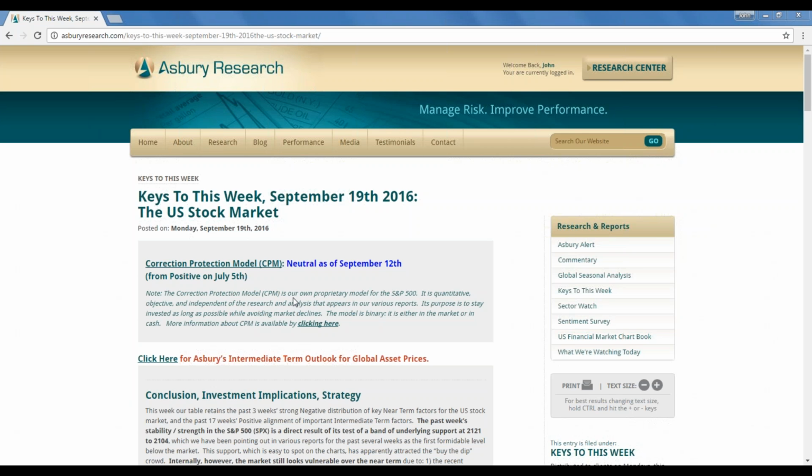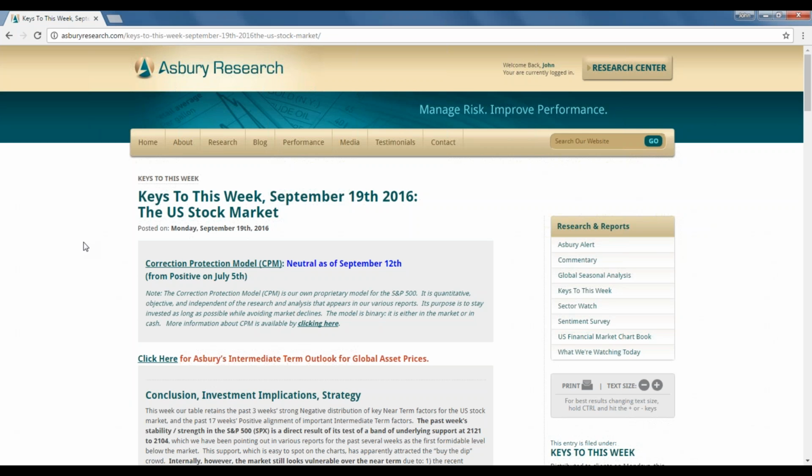What we do in Keys to This Week is we look at a lot of data over the weekend, hundreds of different charts and data series, and we find 10 that we think are the most important for that upcoming week, the most influential. For example, if the market's overbought, we may show an overbought indicator. If there's a certain spread that has an influence over the direction of the market, we'll focus on that. So we do a lot of filtering. We find 10 metrics that we think are the most influential, and we put them into this report. So this is kind of what you need to know to trade and invest in the stock market for this